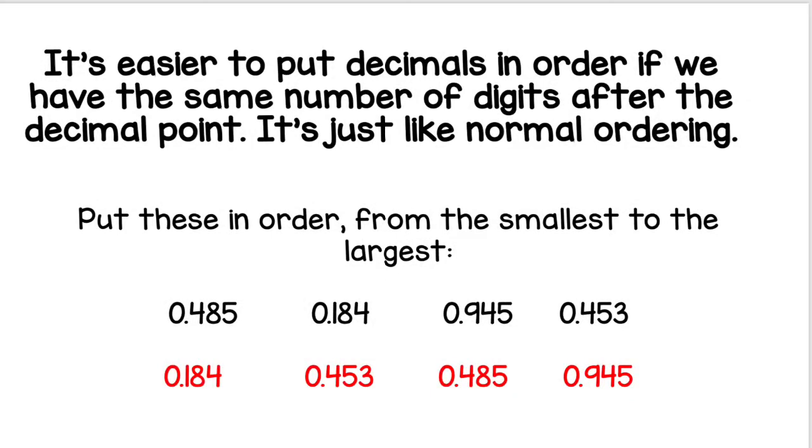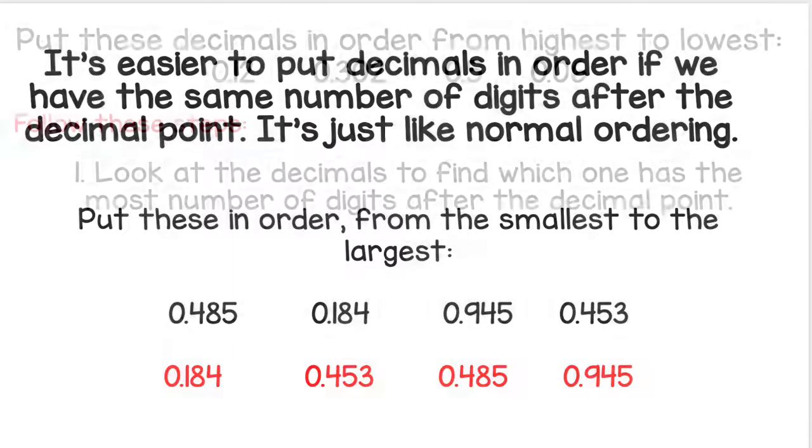Now you should have found that looking at the numbers after the decimal places, as they all had the same number of digits, they all had 3 numbers after the decimal place. You can basically think of it as 485, 184, 945 and 453. You can just read the numbers after the decimal place in this situation and then order them. So the smallest number we know is going to be 0.184, followed by 0.453, 0.485 and then finally